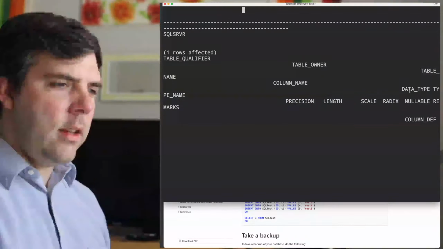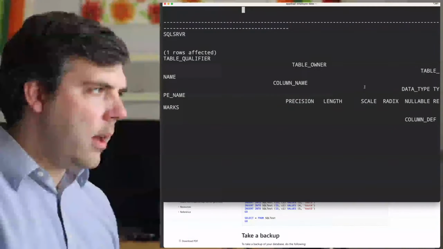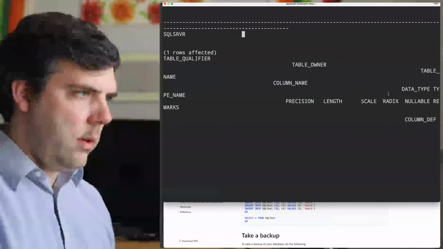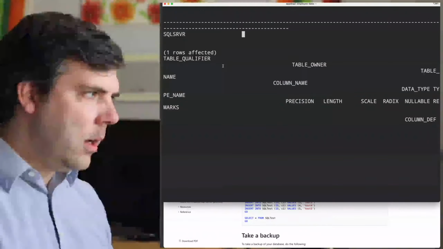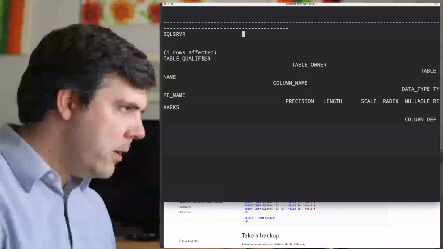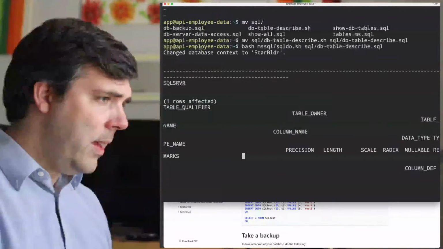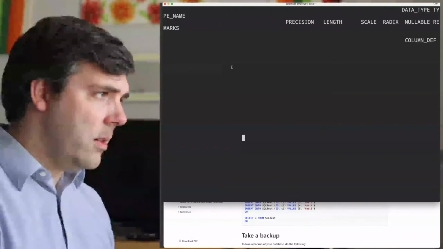None of these things are long. This is the weirdest thing ever. None of these things are long. They're all short enough. I don't think a single one of these is, well, maybe table qualifiers over 10 characters, but basically most of these column names are within 10 characters, and yet,